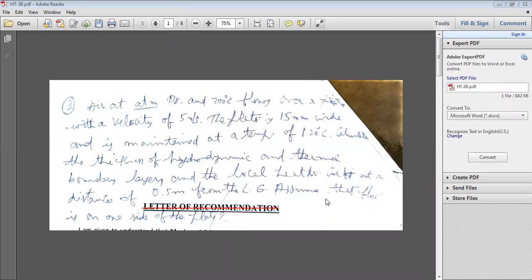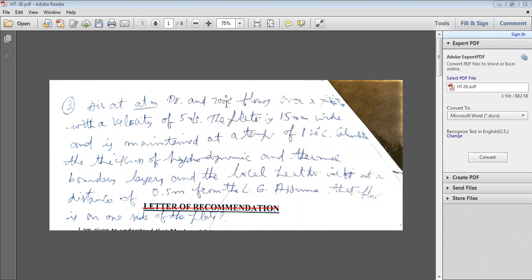Assume that the flow is on one side of the plate. So only one side of the plate. That's why you have to calculate the surface area on one side. So what you have to calculate here, given,